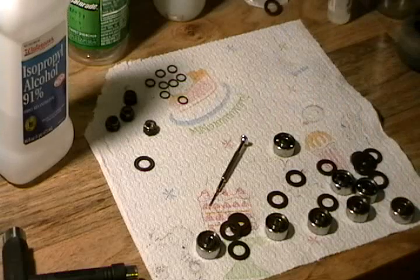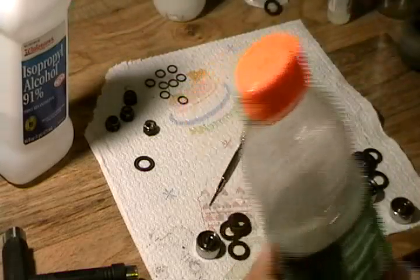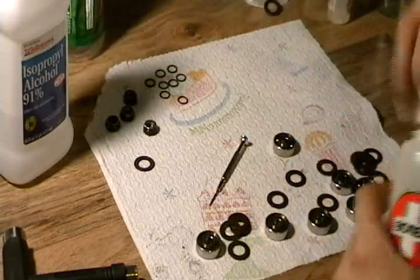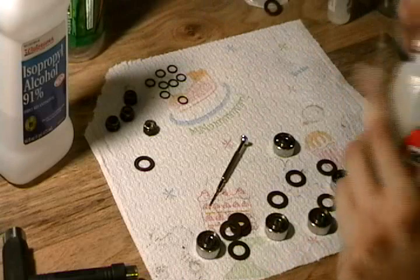Alright, the next step is to take your bearings and put them in your bottle or on your bearing cleaner stick. I'm going to use my